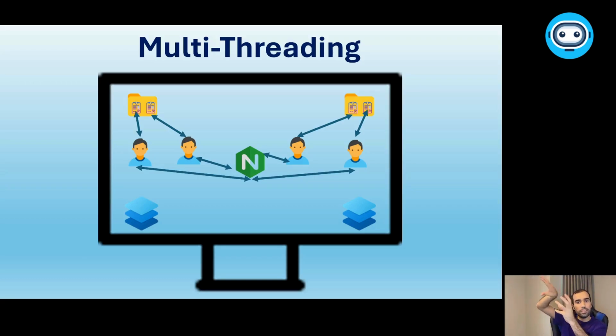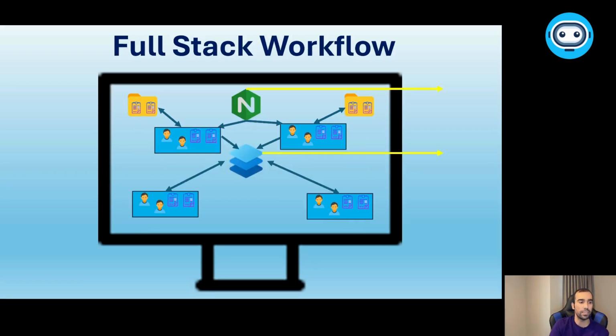dedicate a specific part of my RAM to each of these agents. All of these threads, all of these agents, all of these employees are working on the same machine. So multi-threading does not occupy a specified part of my RAM. This is the difference between multi-threading and multiprocessing. I hope that you got a better understanding now of what the main difference is between multiprocessing and multi-threading.